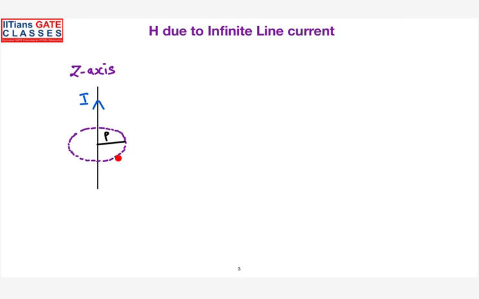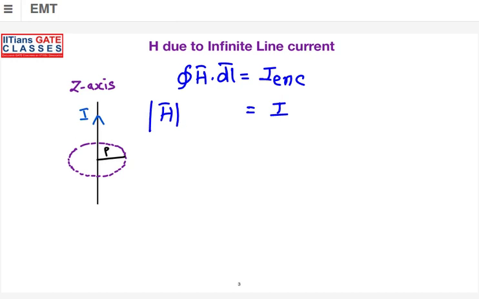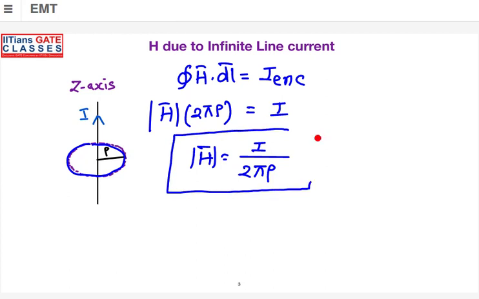And the second thing was, you can straight away apply Ampere's law. So what does Ampere's law say? Integral H dot dl is equal to I enclosed. And since you have considered only one loop here, the amount of current considered is I amperes. So you can take H as a constant. And the closed line integral along a circle is nothing but the circumference. So the circumference of the circle is 2 pi r, where r is the radius, and I will replace it with rho. So hence the magnetic field intensity is given by I divided by 2 pi rho. So straight away the problem has been solved within 2 steps.